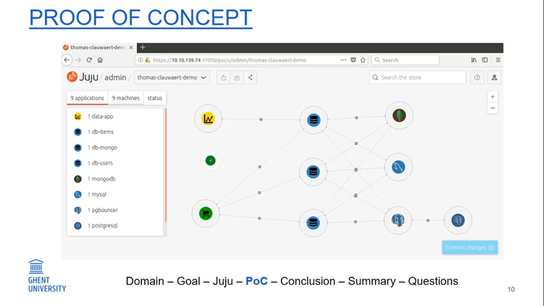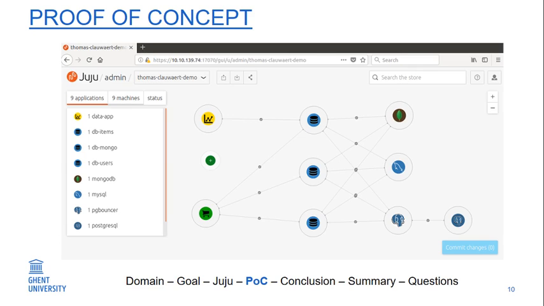So the proof of concept that I created, the generic database service which I called Atomic, is in this case the middle charm, the blue database icon. As you can see, this is the Juju GUI, which is available for Juju itself. The idea is that my data application and my web shop on the left of the screen are the ones requesting it.